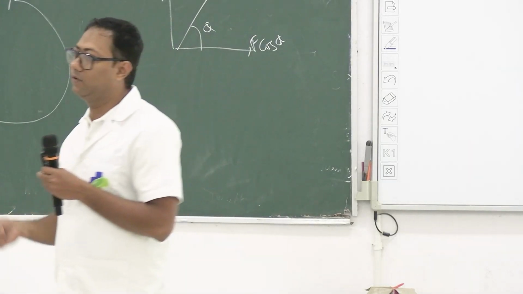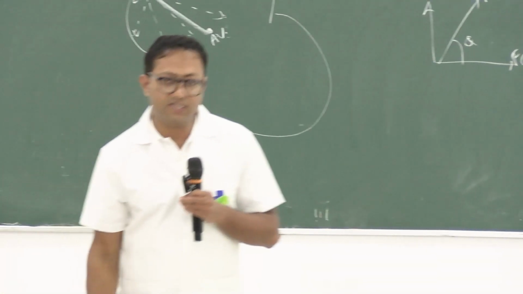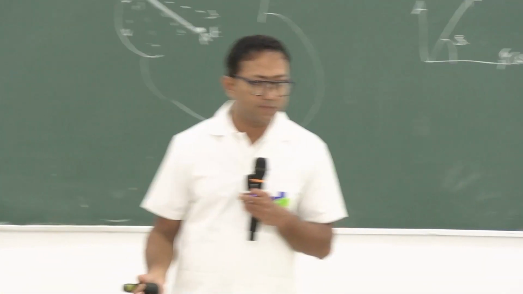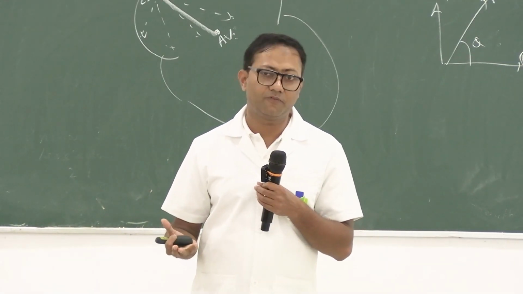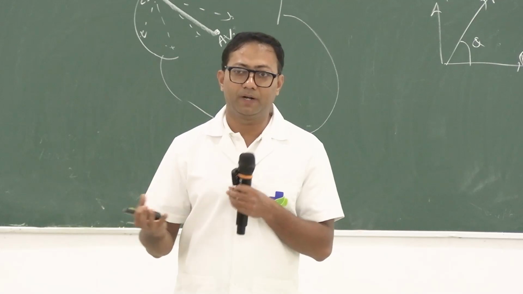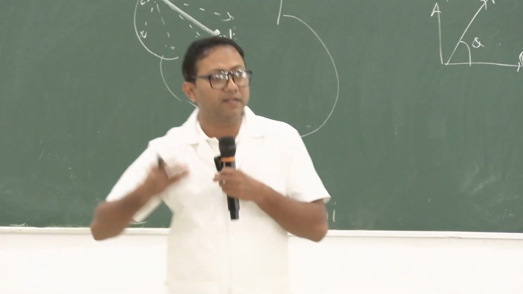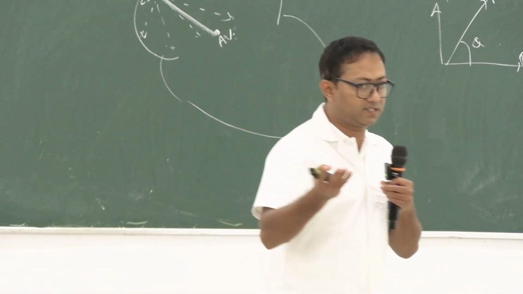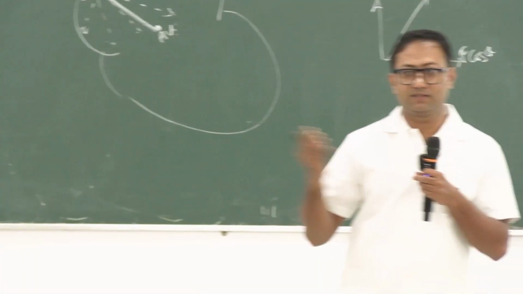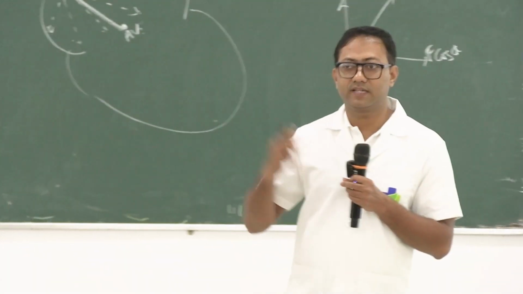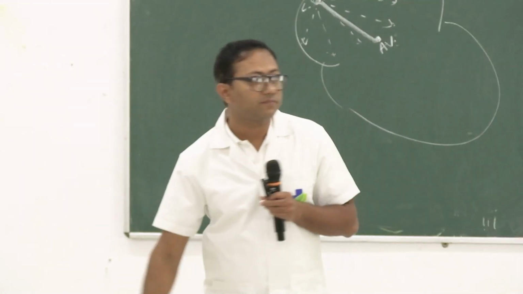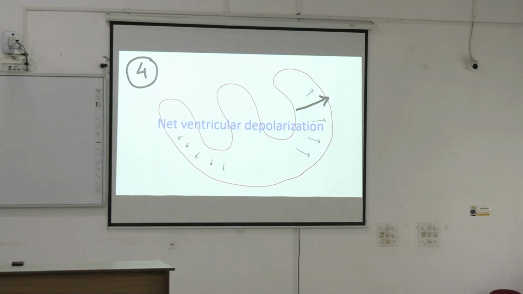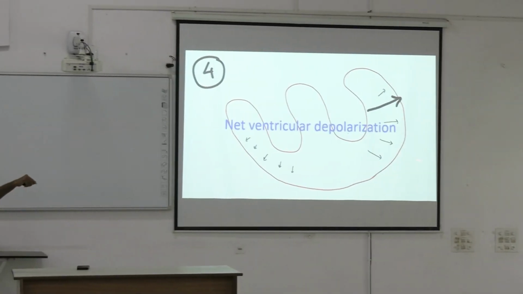It's a simple rule. If you lift a 20 kg dumbbell, you will get more biceps muscle mass. If you lift a 5 kg dumbbell, the muscle mass will be less, obviously, right? So simple rule, your left ventricle is working against more resistance, so it is getting hypertrophied, and left ventricular muscle mass is more, right? Okay. So to depolarize the left ventricle, you need stronger